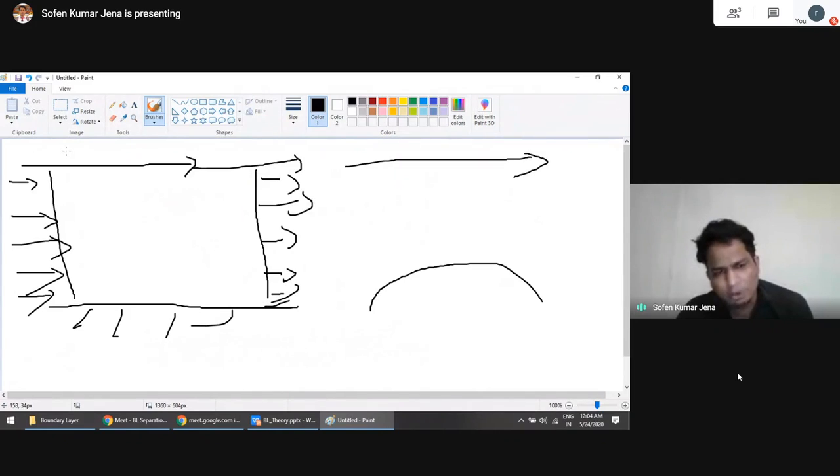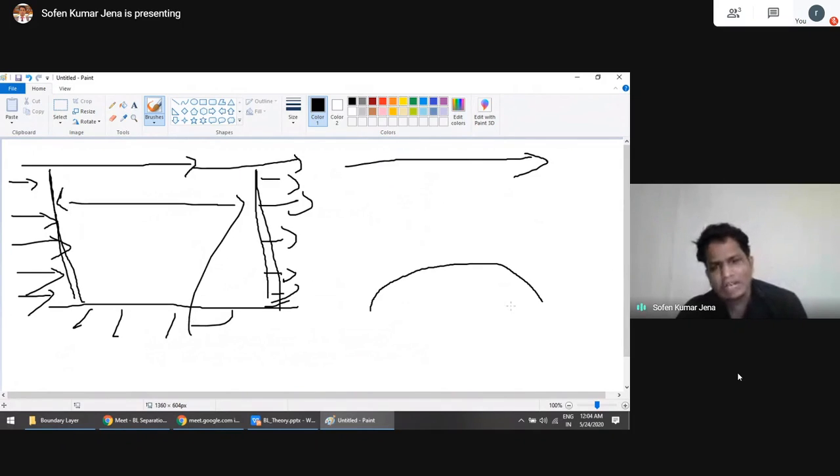If you apply the Bernoulli equation, you will find the pressure in the free stream region is almost not changing from here to here. Any pressure within the boundary layer is exerted by the free stream from the outside, and the free stream is such that the pressure gradient is almost negligible in the free stream region, right? But coming to the blunt or curvature body system, what happens over here?